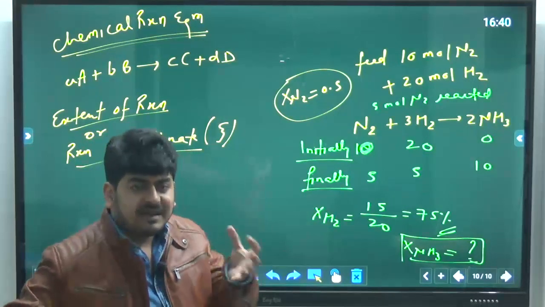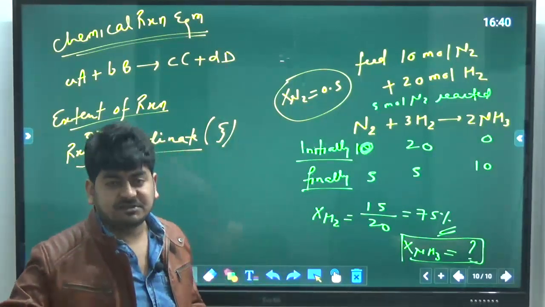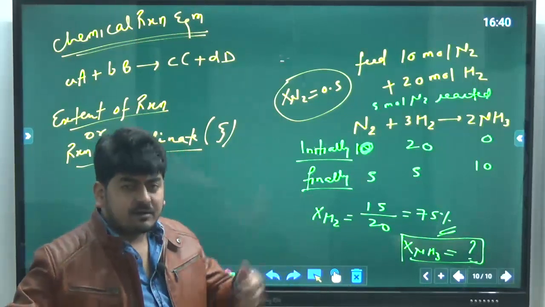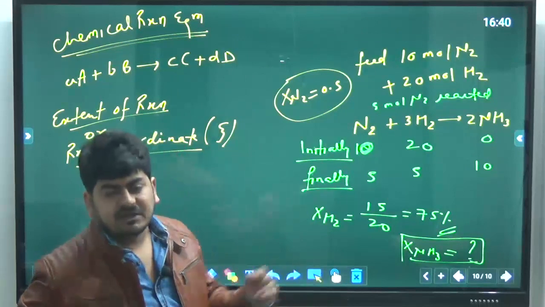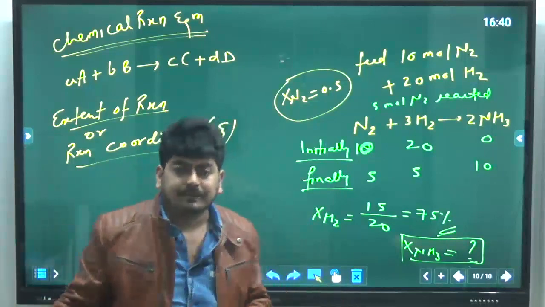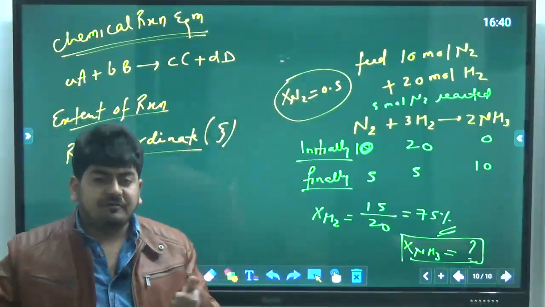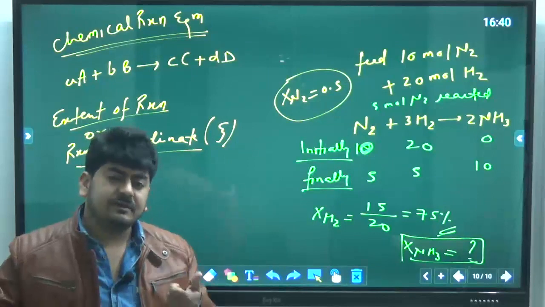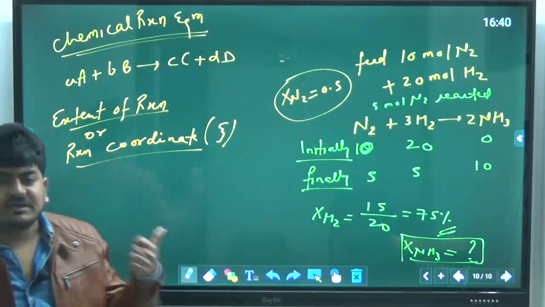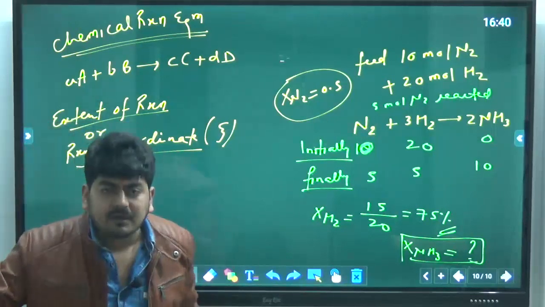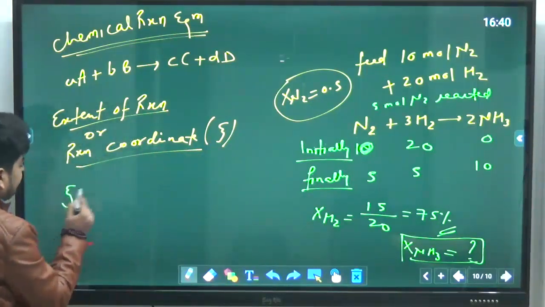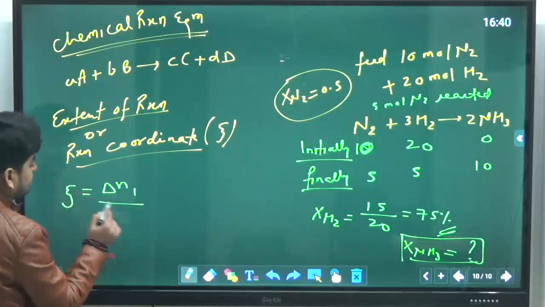For example, all of us are sitting in a train, and that train is right now at New Delhi railway station. So the coordinates of us individuals and the coordinates of the train are the same. That is New Delhi railway station. And if I move that train from New Delhi railway station to, suppose, London, the coordinates of the train and all of us individuals will be the same again. So similarly, if I am talking about the reaction, then the coordinates for each and every component has to be the same.